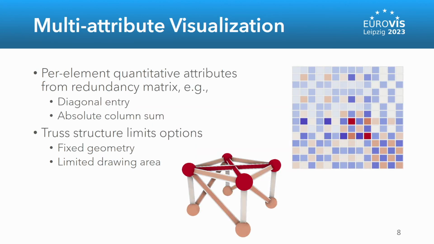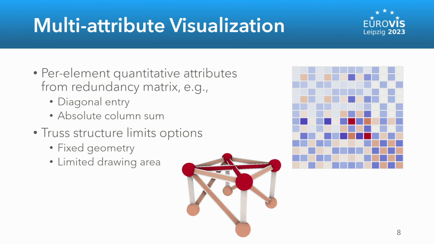For the multi-attribute visualizations, let's first briefly discuss the investigated data. For each structure, we are looking at its redundancy matrix, which gives information on the distribution of statical indeterminacy as well as additional topological attributes. From this matrix, we get different per element values, such as the diagonal entry or the absolute column sum. The 3D rendering shown here, for example, has a diagonal entry value from the redundancy matrix in the upper right